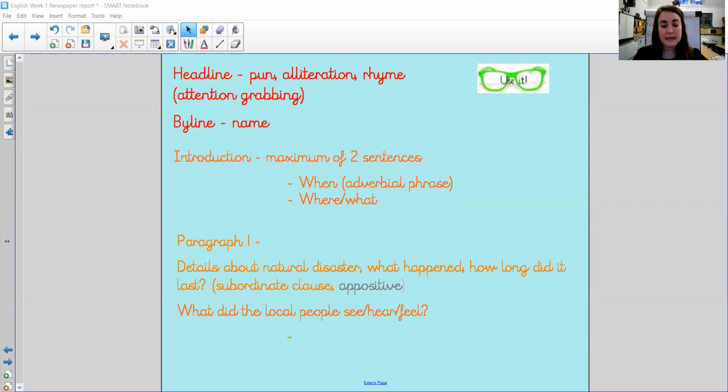All I want you to do today is just continue with that. I would like you to make sure that you add pictures. So remember, when we wrote our newspaper report last time, we left spaces to put pictures in. In my Waggle here, I've got pictures. I've got a picture of an earthquake. I've also got a picture of where the tectonic plates are. Okay, same goes for you. You can add the pictures. Think about where the most appropriate place in your newspaper report would be to have a picture. I wanted to include a picture of the after effects of the natural disaster, but then I also wanted to include more of a diagram to describe tectonic plates. Okay, so please make sure that today you've got your pictures in there.